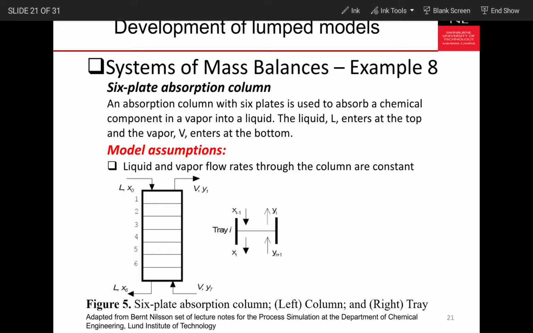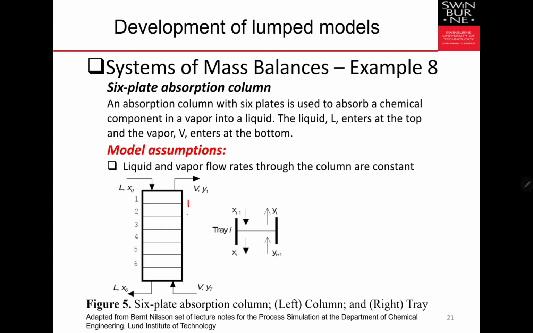Okay, in the 6-plate absorption column, an absorption column with 6 plates where we number the trays from the top to the bottom, 1, 2, 3, 4, 5, 6, is used to absorb a chemical component in a vapor into a liquid. The liquid enters at the top, while the vapor enters at the bottom. The assumption here is that the liquid and vapor flow rates through the column are constant. And the figure on the right hand side basically shows the